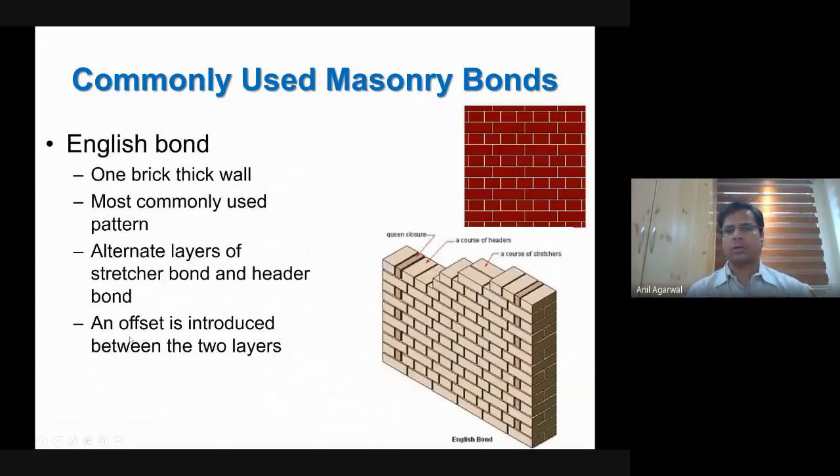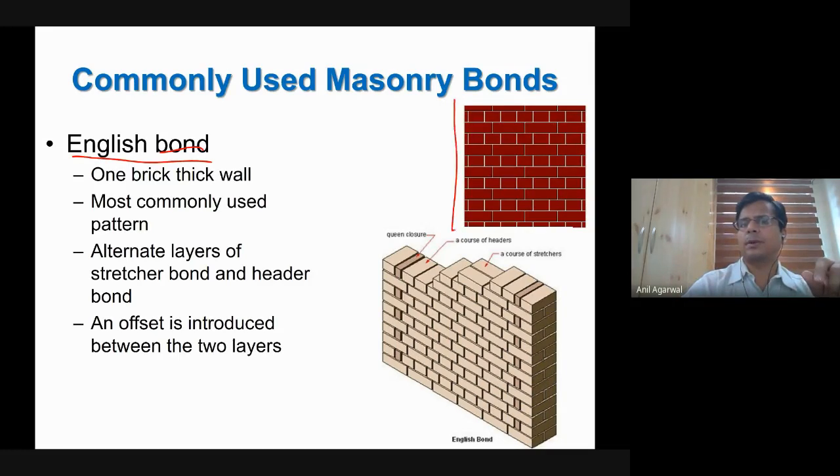Okay, moving forward then. The third one, that is the most popular kind. None of the earlier ones are really popular. If you want to make a half a brick wall, then there is no other option but to go with the stretcher bond, and sometimes that is done for internal walls. But the header bond is not really very popular. If you are willing to go for a one brick thick wall, then it is the English bond. That is the most common type of bond.